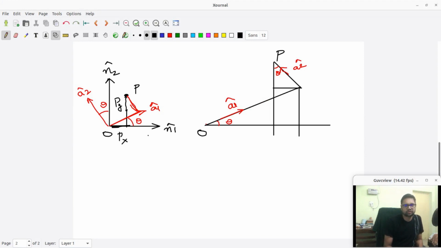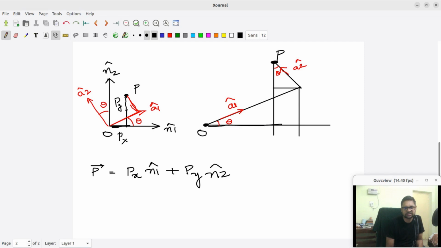Two coordinate systems n1 and n2 and a1 and a2. So now we want to write the vector p as px n1 cap plus py n2 cap. So you want to go from the origin here to the point P over here, then you have to travel a distance of px along the n1, right, till here, and then you travel vertically upwards a distance of py along n2, which is